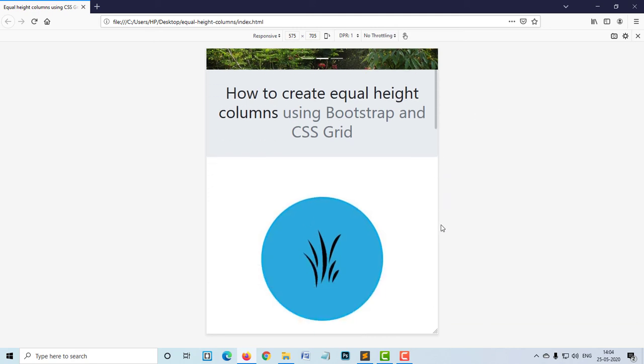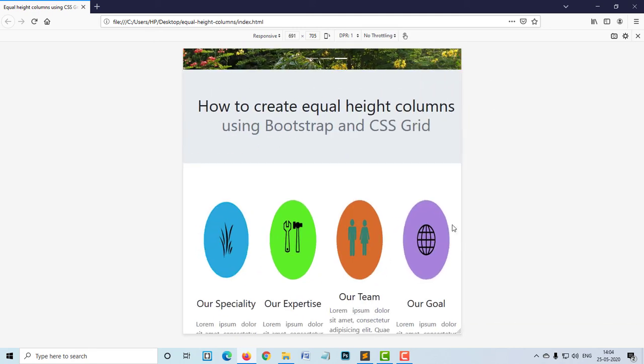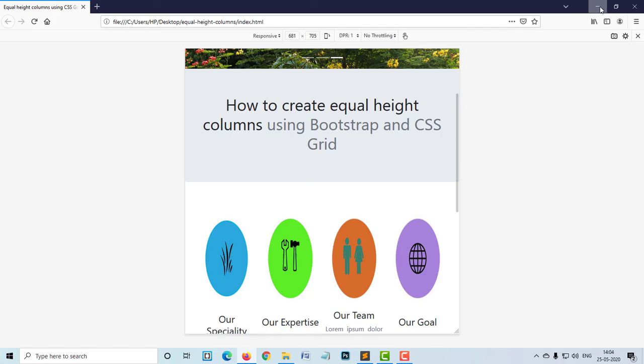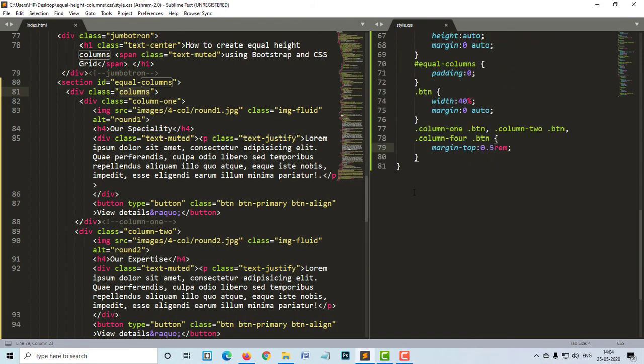Now if you go slightly higher, you find it again turning into 4 columns. So for that we can define another viewport. You say @media and we say min-width, say 576 pixels, and max-width, let's keep it up to, say, 991 pixels.